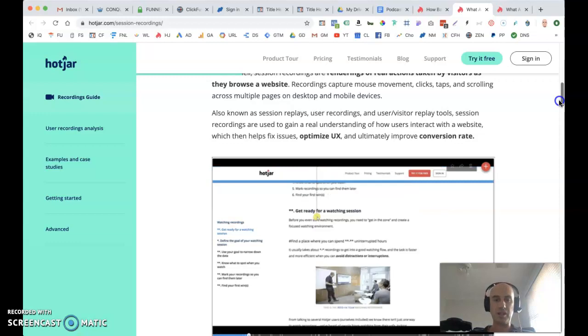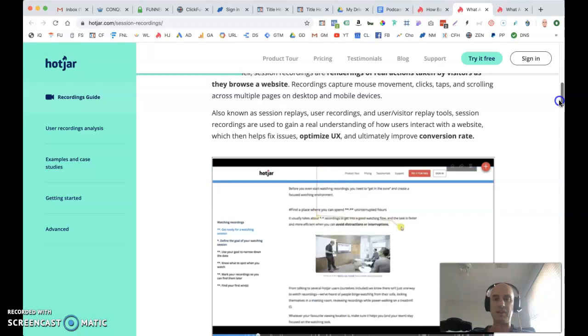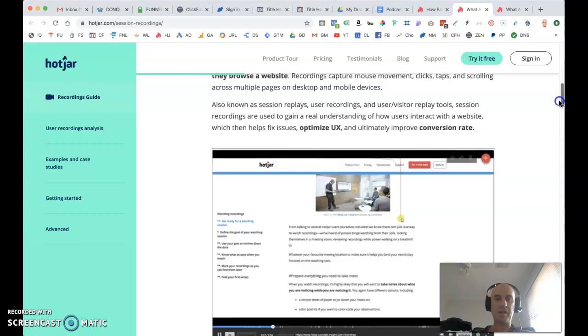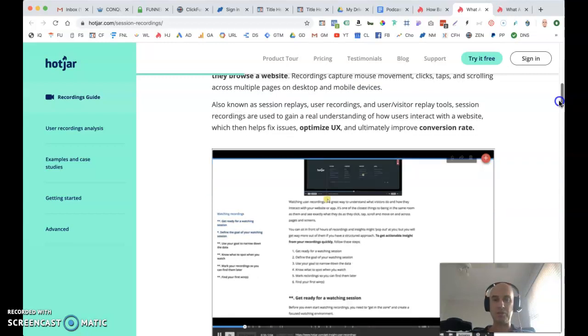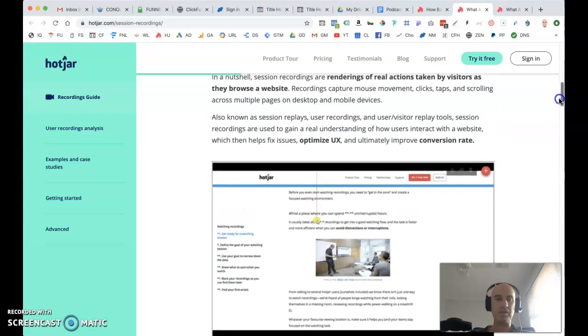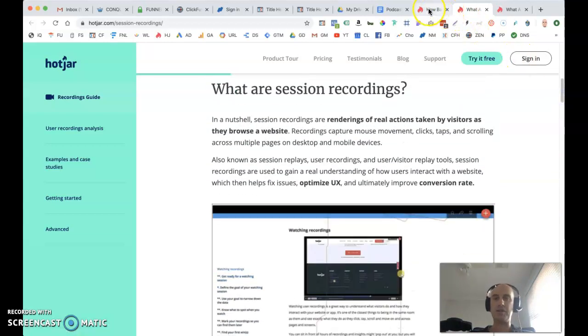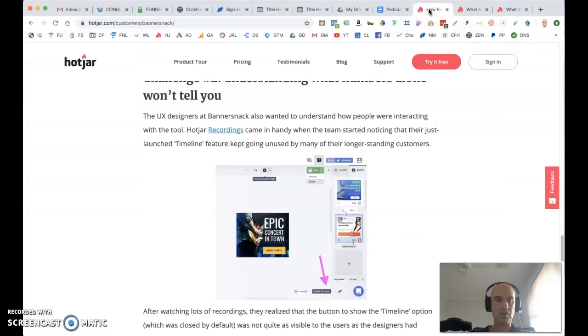Session recordings are used to gain a real understanding of how users interact with a website and then help fix issues, optimize the user experience, and ultimately improve conversion rate. So there's just some benefits of using the recordings. So if we move back now to the case study,